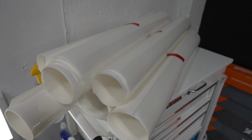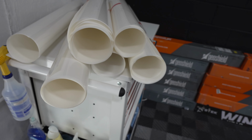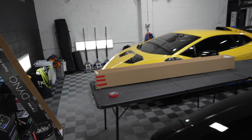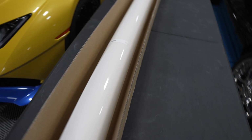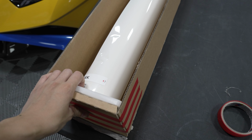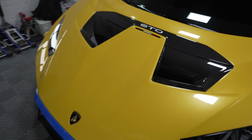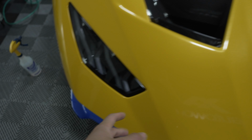All right, so I got everything pre-cut over here. There's 6 sheets, so 6 different pre-cuts that I'm using. And I have the hood of the STO prepped already. I actually have to use the 72 roll, which is the biggest roll you can get because of how big this panel is. So you can see I'm gonna have to cover all of this up to this body line